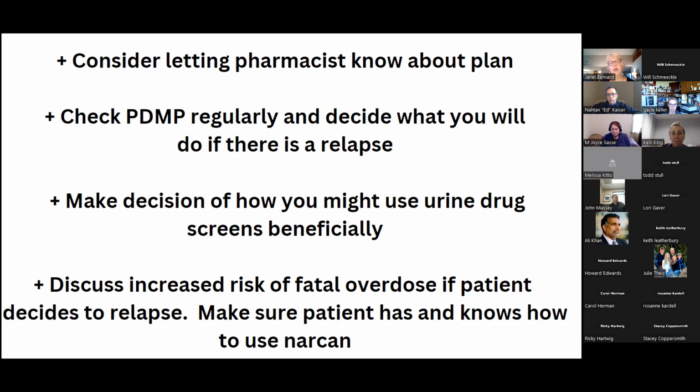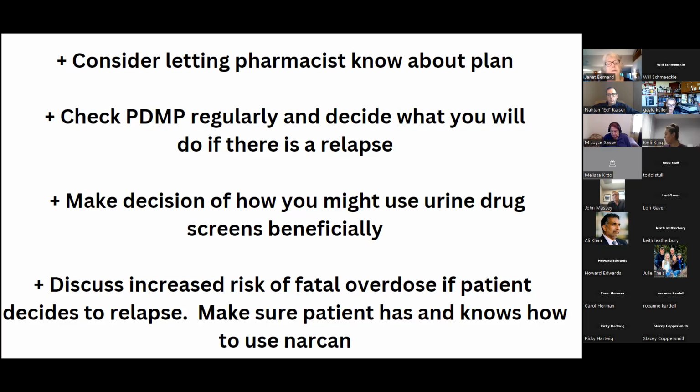I talk a lot with patients about what happened when you relapsed, what was going on, how did you feel. You need to make a decision of how you might use urine drug screens beneficially. Again, it's nice to know what other things they're using. They're all going to be using marijuana. I can just tell you that. But the other things you have to kind of decide. It's an opportunity to say, okay, let's get a drug and alcohol evaluation and see how else we might work